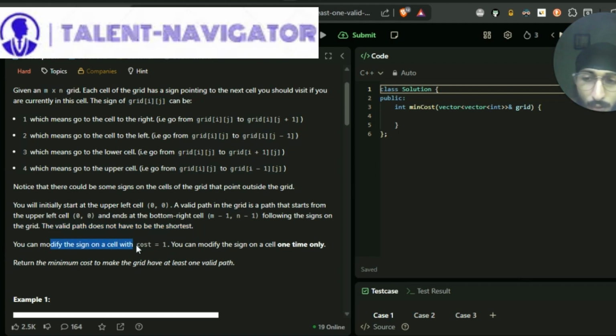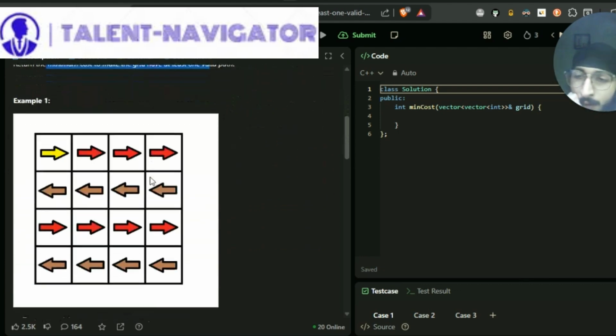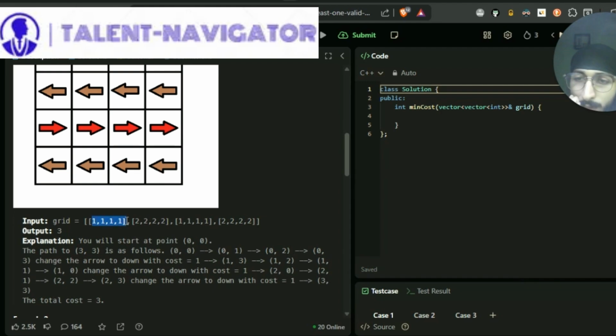Then you can modify the sign on a cell with cost equal to 1. You can modify the sign on a cell one time only. So basically the aim is to return the minimum cost to make the grid have at least one valid path. So for example, in this problem, we have been given 1, 1, 1, which means that we have to